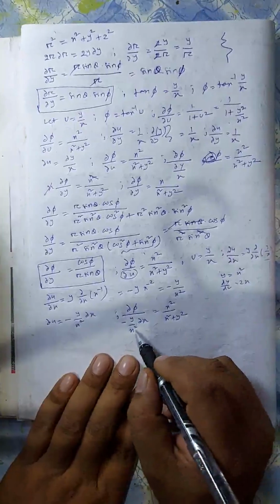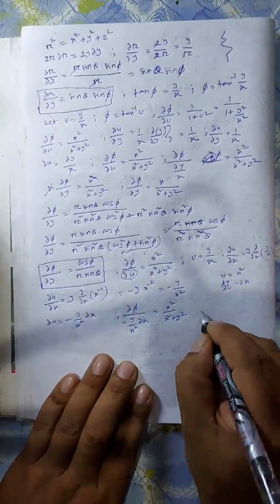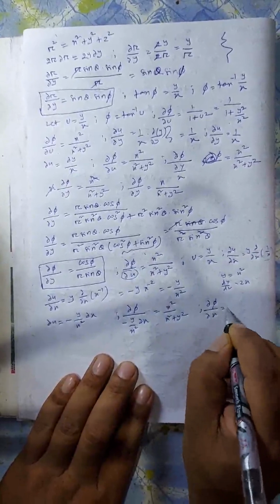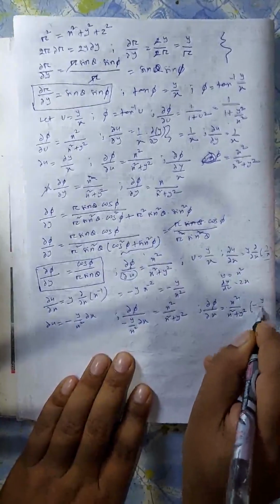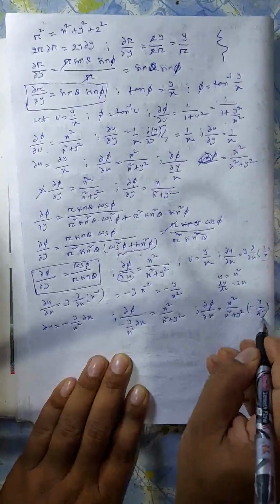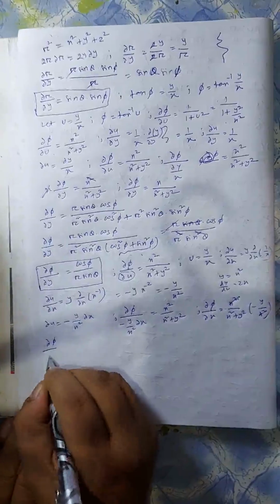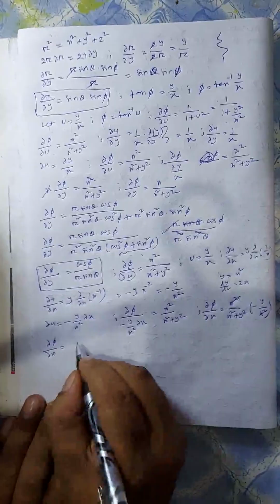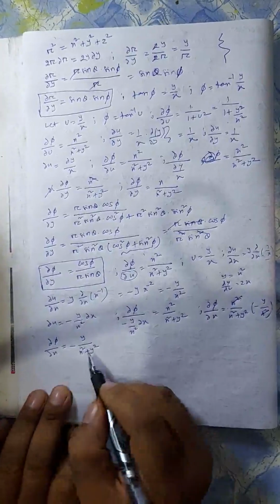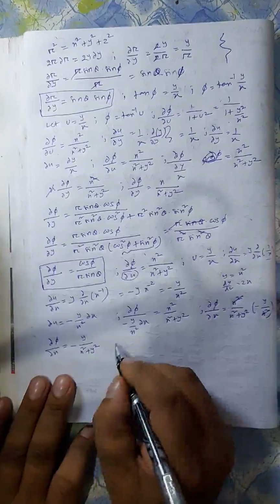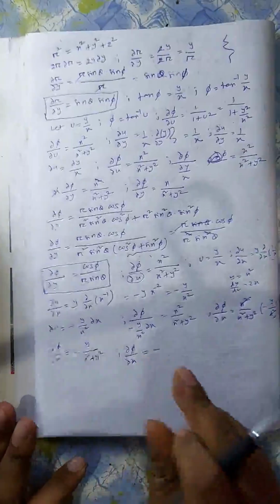Then ∂φ by 1 ∂x, or you can take the entire thing to this side. So ∂φ by ∂x is equal to x² by x² plus y² times minus y by x², then x² cancels, we get what? ∂φ by ∂x is equal to minus y by x² plus y². ∂φ by ∂x is equal to minus y by x² plus y²,